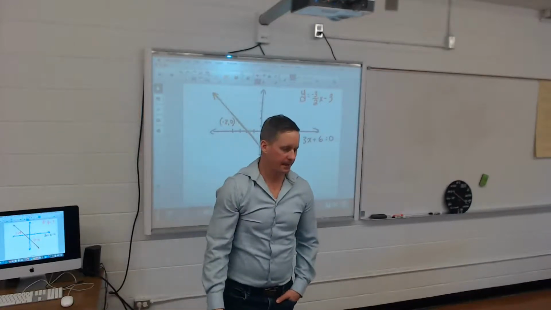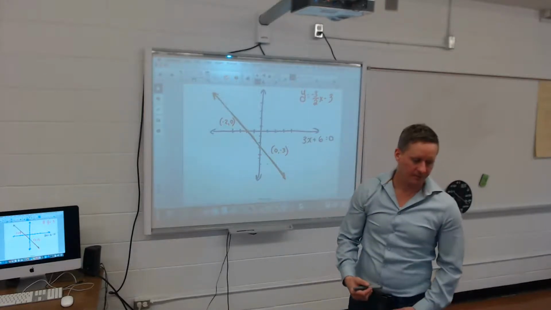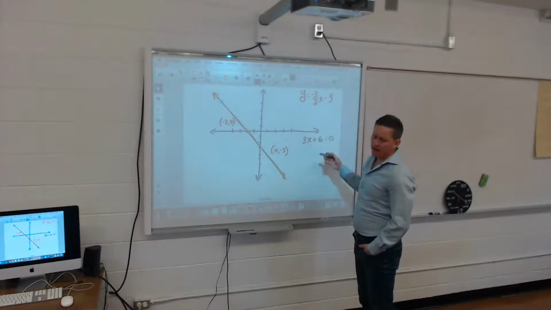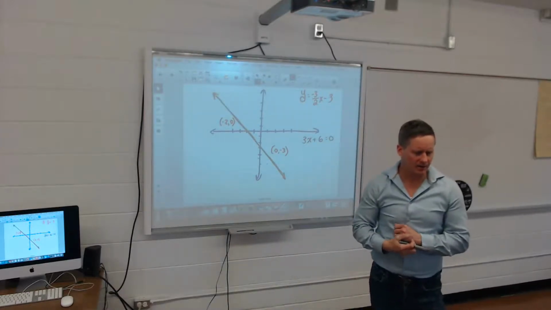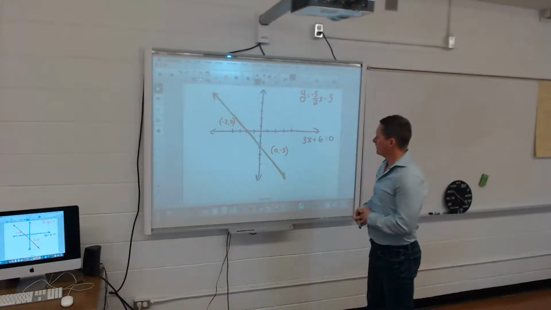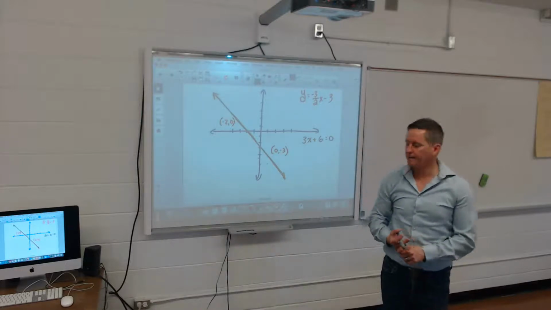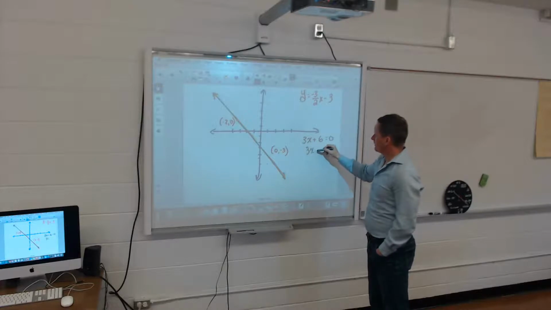Well, I don't have a y in here. So that causes a problem. It appears to cause a problem because every equation I've done so far has had an x and a y in there. So now, if I solve this,